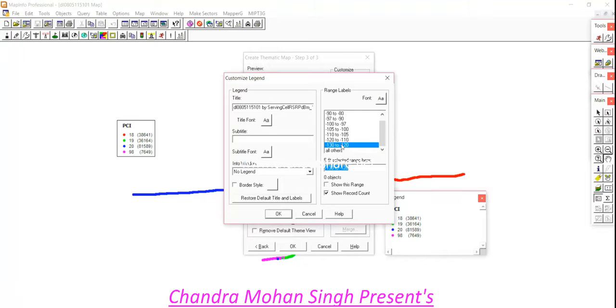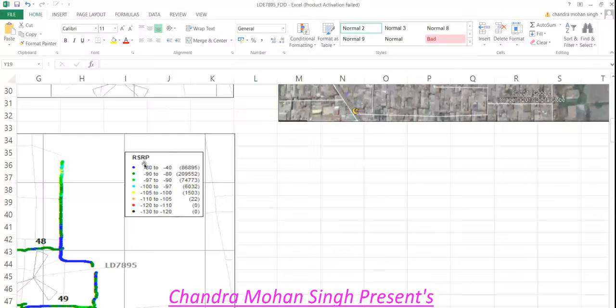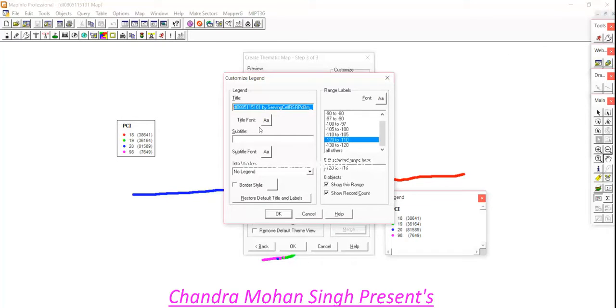After -120 to -130, show this range, and all others okay. After that, we rename according to our sample report. In the sample report, RSRP is mentioned. We mention it as RSRP. After that, we click OK.